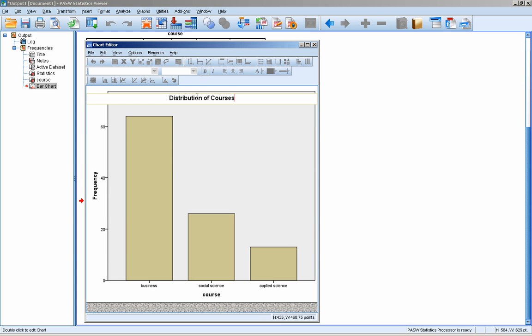Whenever you're adding a title to a graph, I would really discourage you from including the name of the type of graph. So don't call it bar graph of or pie graph of. Anyone that's looking at your graph is going to know what kind of graph it is. So really you can leave that